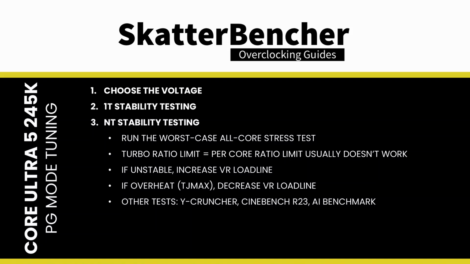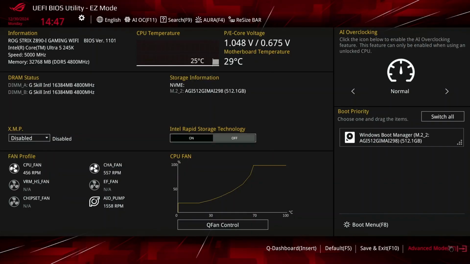I found that there was no difference between DLVR and power gate mode for the all-core turbo ratio limit. So I could set it to 56x for the P-cores and 50x for the E-cores. However, there's a difference in that the effective all-core frequency is higher because P-cores 4 and 5 can now run at 5.6 GHz instead of the 5.3 GHz with DLVR mode. Upon entering the BIOS,